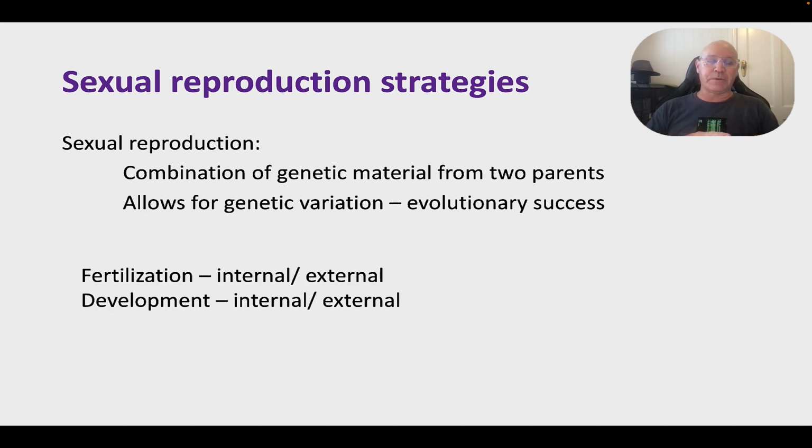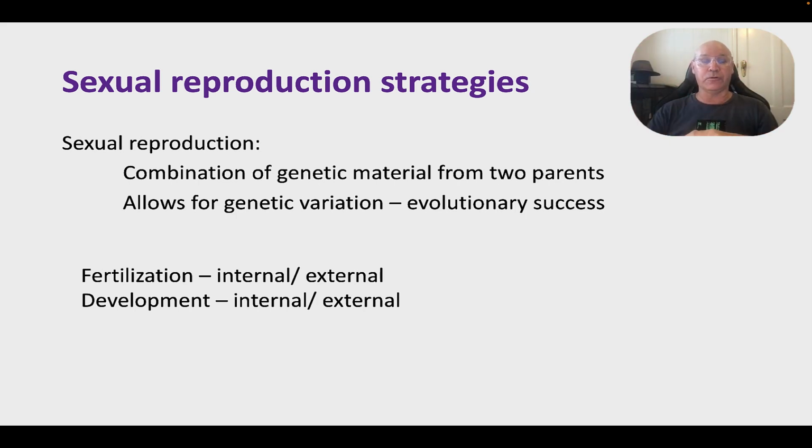Just like asexual reproduction, there's loads of different types of sexual reproduction, and they basically vary based on where fertilization occurs and where development of the offspring occurs. So there can be internal fertilization, for example, in mammals, where the sperm and the egg unite within the fallopian tube or within the uterus, or it can be external, like say, for example, with fish, the female fish spawn eggs, and the male fish release sperm into the water, and they float around and they meet, and we get